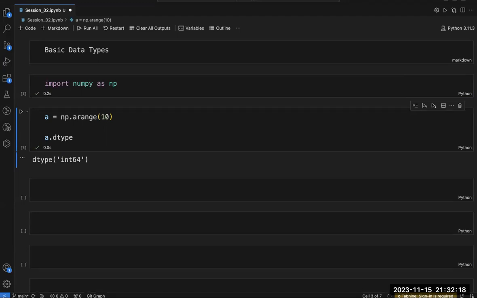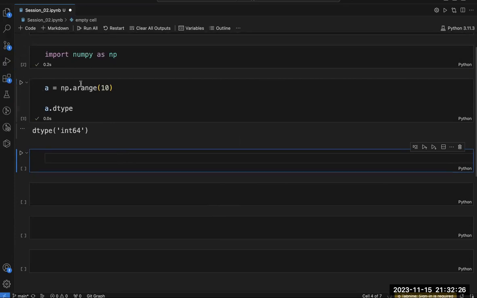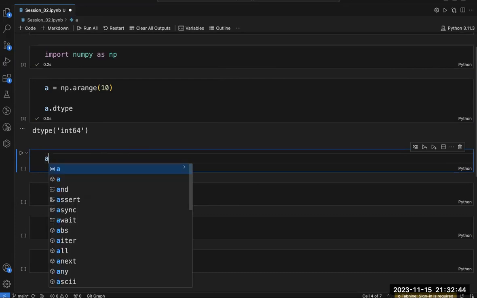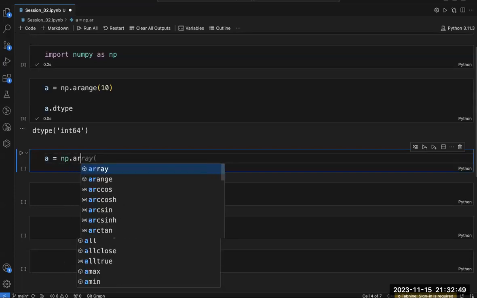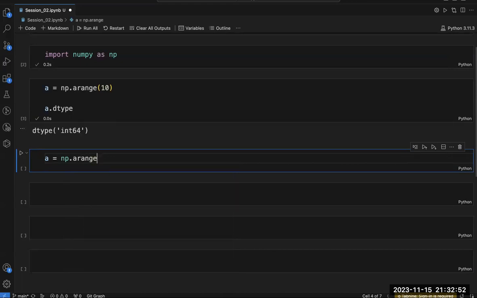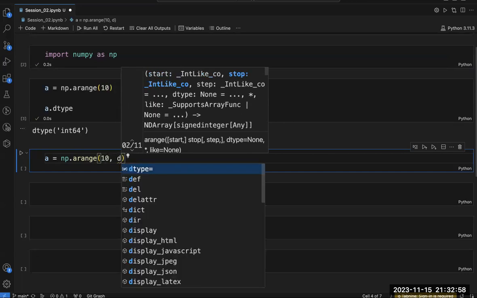Now, you can explicitly specify here which data type you want. See, while creating this array, I have not specified any data type here. So by default, it has created an integer data type. That's why I am getting int64. But you can explicitly specify here the data type. How you can specify? You can write np.arange, and inside that 10, comma, after this 10 you have to specify dtype,